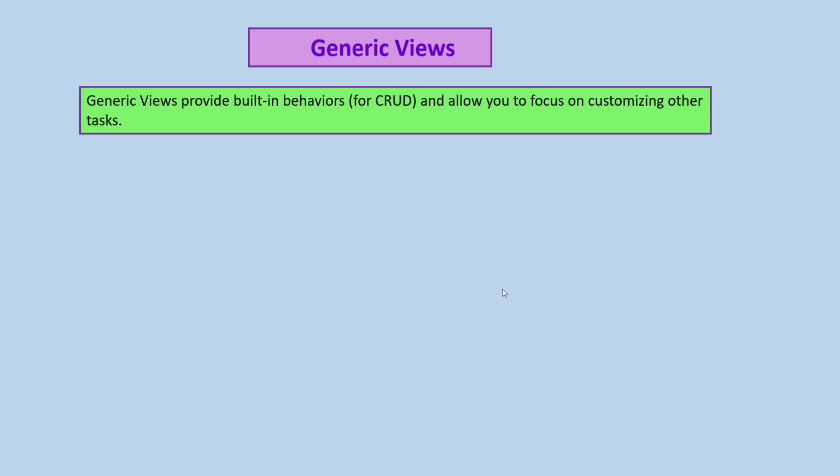Next, generic class-based views. So what are generic class-based views? They provide built-in behavior for CRUD and allow us to focus on customizing other tasks. So apart from